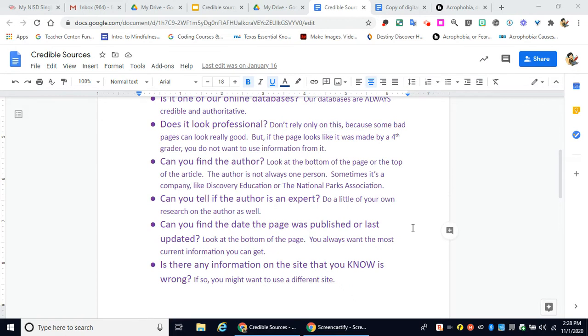Can you find the author? In a minute, I'm going to show you on an article that I found how to find where the author or authors are, because there could likely be more than one. But this is a really important indicator that you need to find. Does the site or the article that you're on show who's responsible for that information? Okay. And then is that person a credible person? If it's a company like Discovery Education or National Geographic, something like that, then you can have a lot of confidence in the credibility of that site.